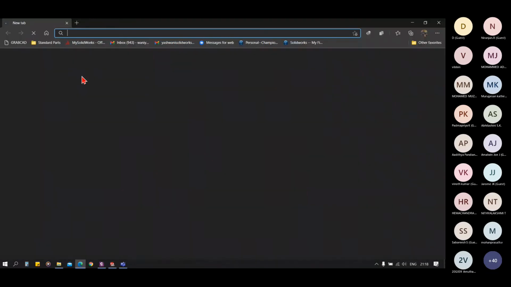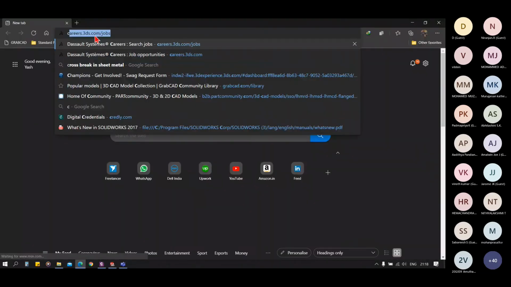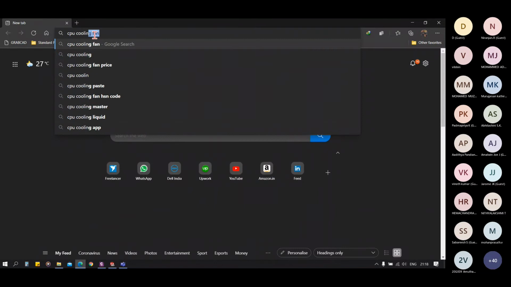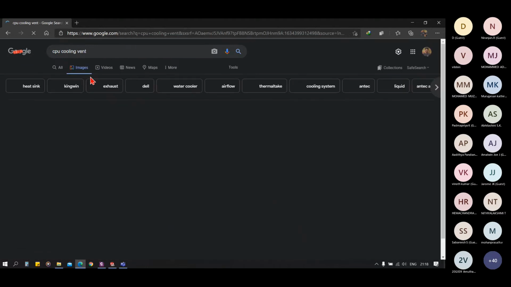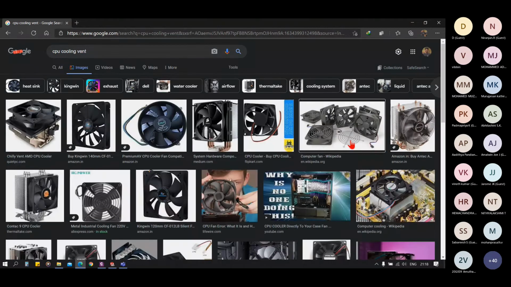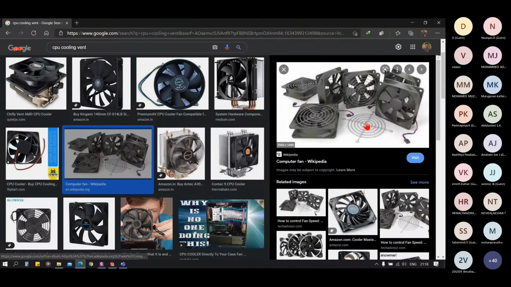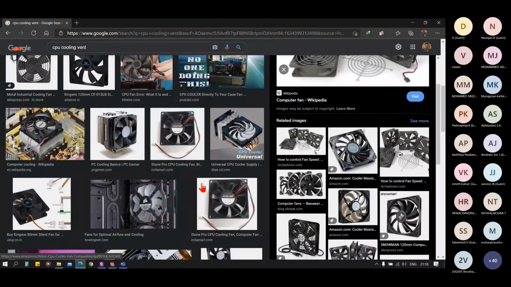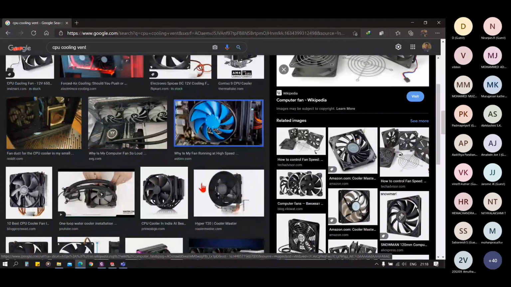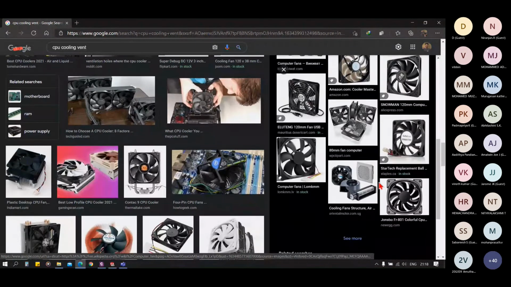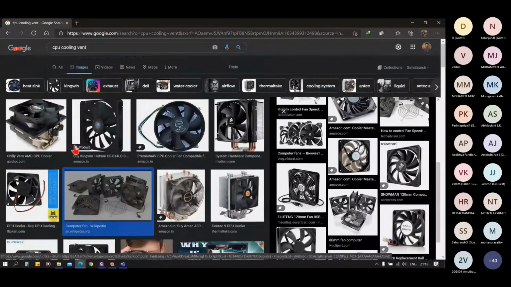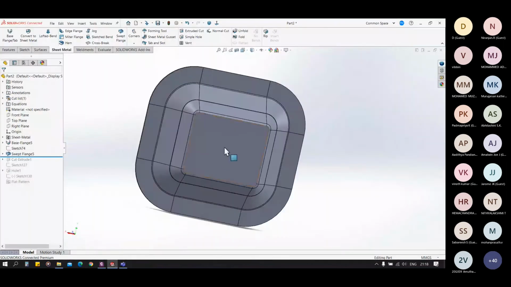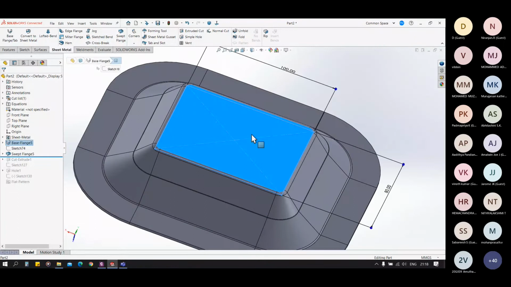Let me show you the vent. You can see a net like this. There is no exactly correct example, but it's similar to this. Now let me show you how to make that vent.